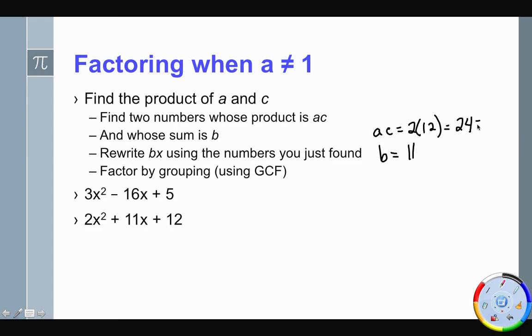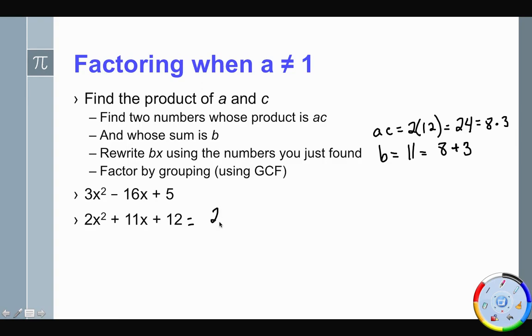I know that 24 is 8 times 3, and 11 is 8 plus 3. These have to match. You cannot choose different numbers. Just because 6 times 4 is 24, you cannot use 6 times 4 and 8 plus 3 as two different things here. So again, we're going to split that 11,